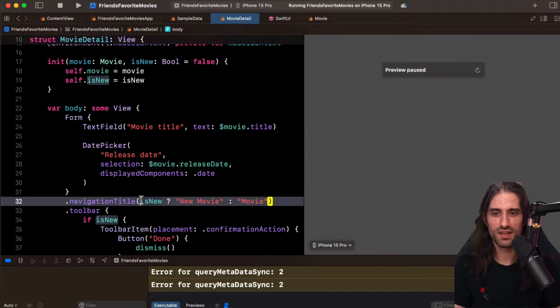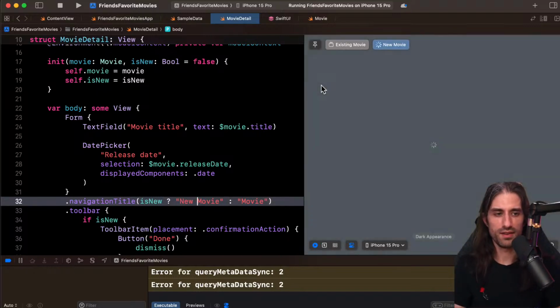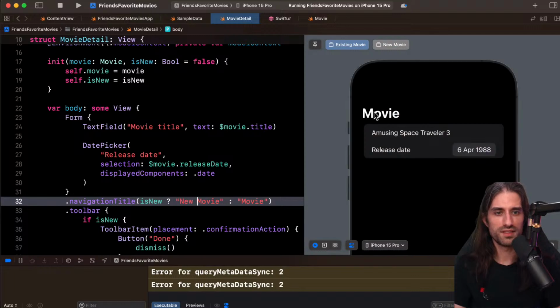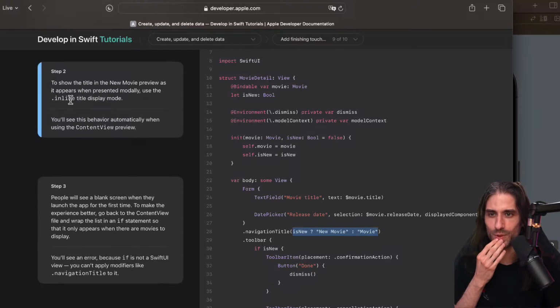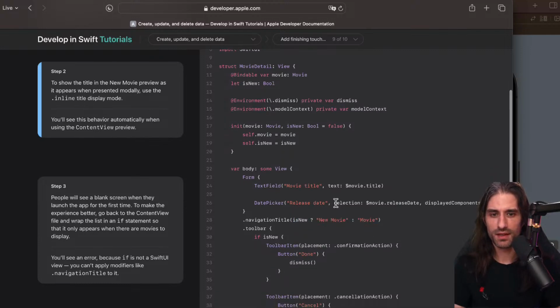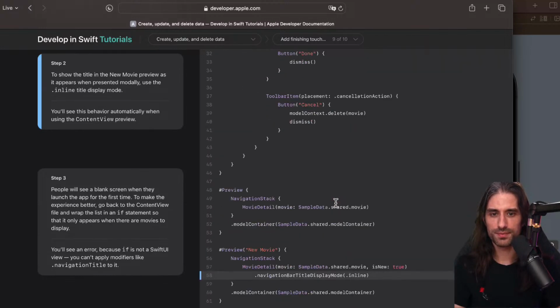I wanted to change this. So if it's new, movie, otherwise just movie. And thanks to the several previews, you can see that we can test very easily that this is working as expected. That's perfect. To show the title in the new movie preview as it appears when presented modally, use the inline title display mode. So we are also...